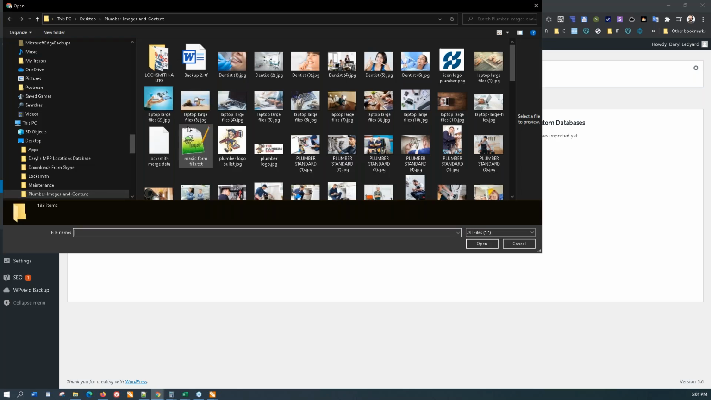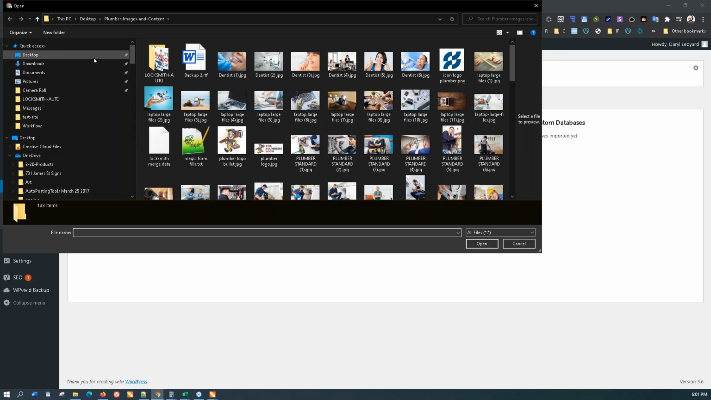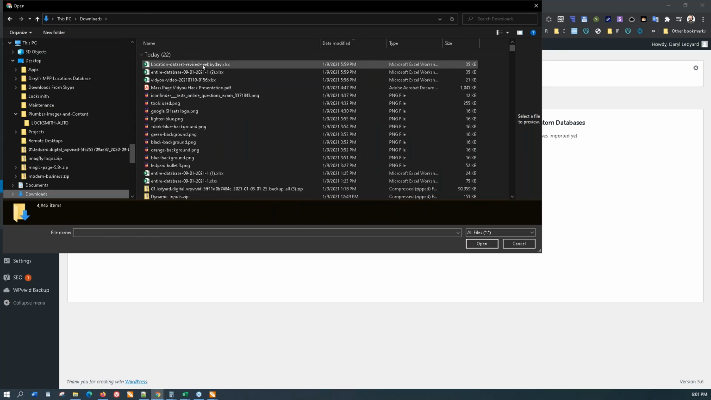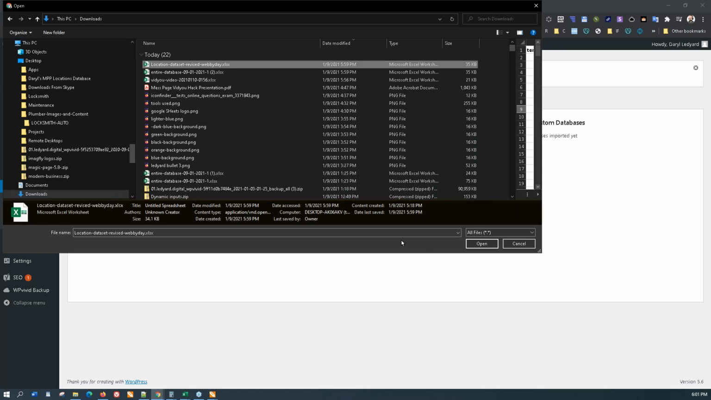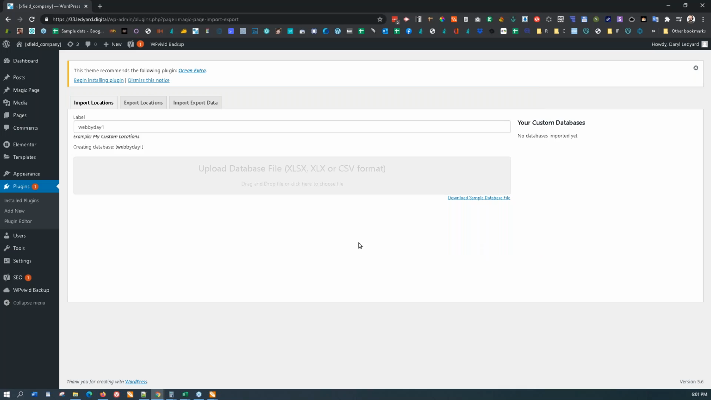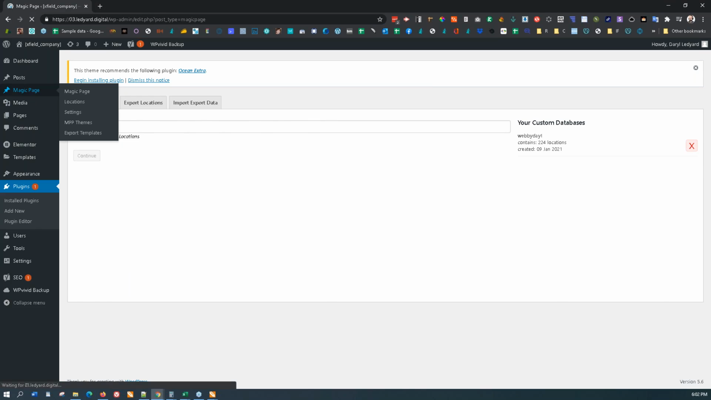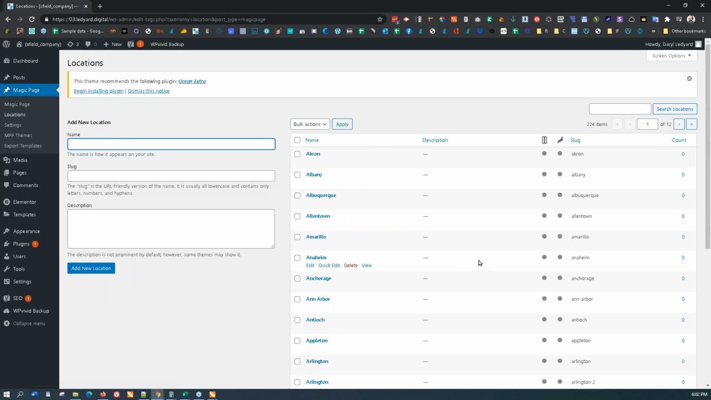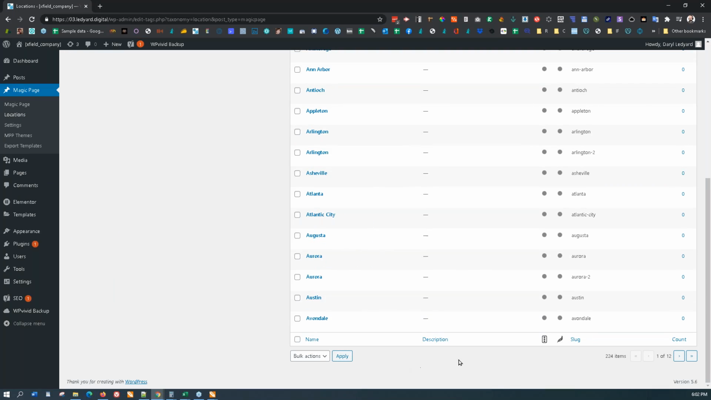And we're going to add in that folder file. Okay. So this is the location data set revised Webby Day XLS. Okay. We're going to process this. And what this is doing essentially is it's adding that video URL to each one of those locations inside of MPP. Okay, so now we're going to go into Magic Page and locations, and you'll see those 224 locations are